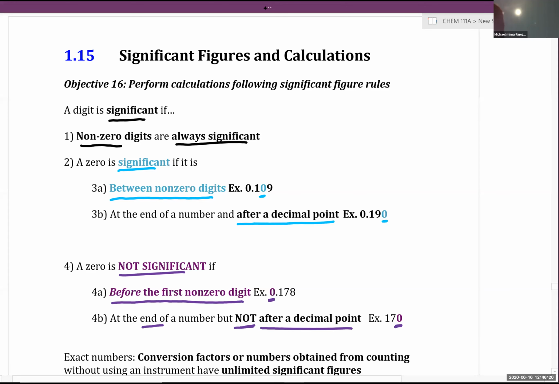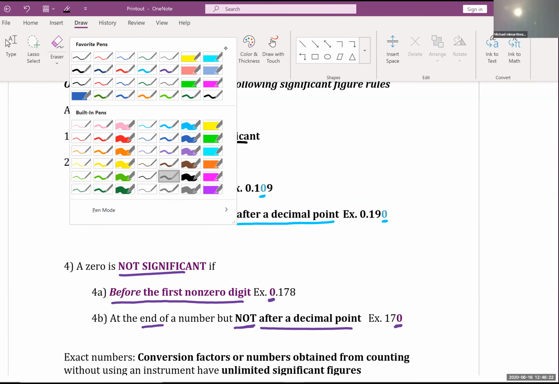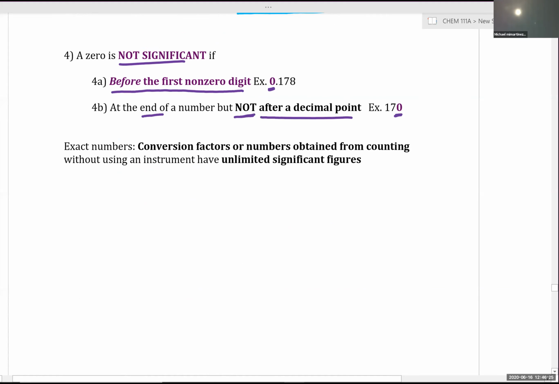Now, there are special types of numbers that are commonly encountered when you start to look at atoms in a molecule. These are known as exact numbers. These are conversion factors or numbers obtained from counting, and these have unlimited significant figures. So for example,